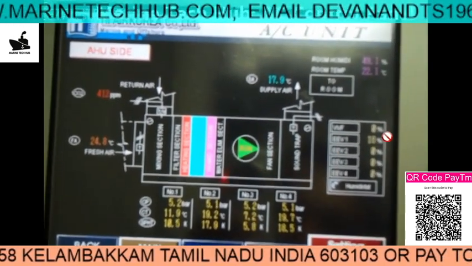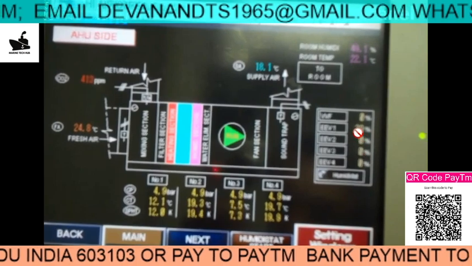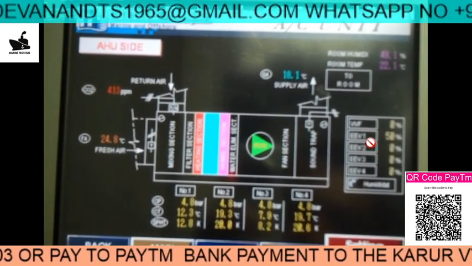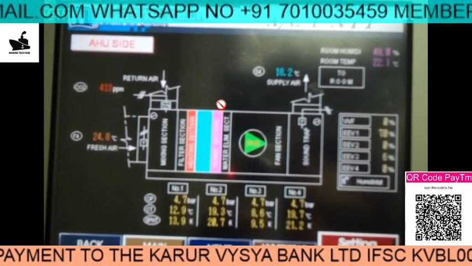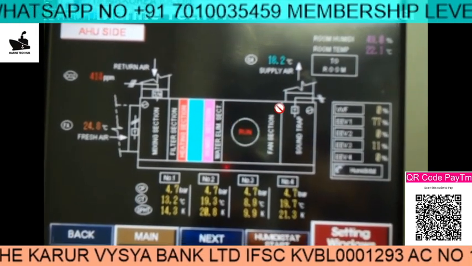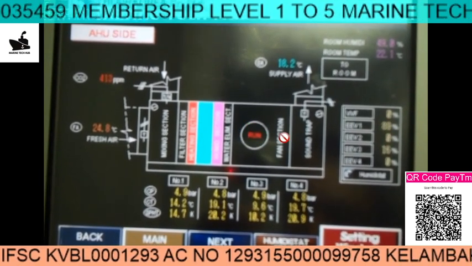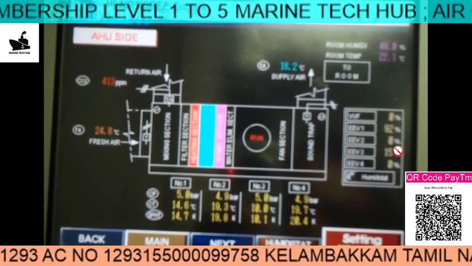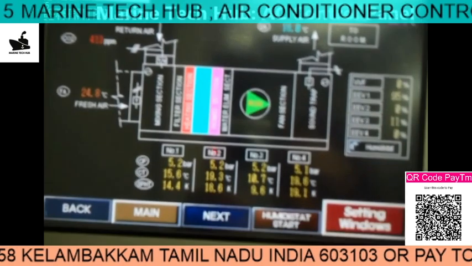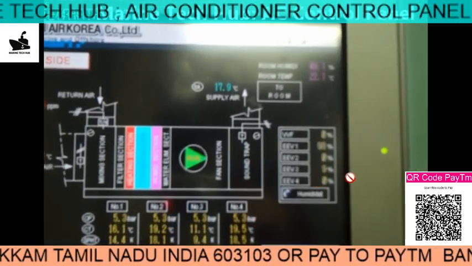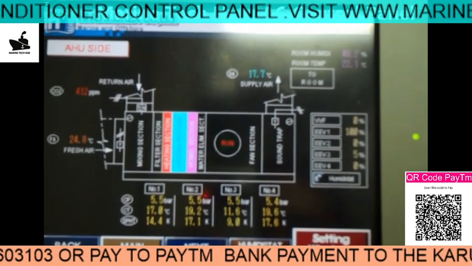So I am trying to show you, you can see this is the stage, you can see this solenoid valve is open, so gas is passing through the AHU. You can see 52, 50, 54. What we are doing is trying to keep the temperature in the particular room, say if it is 25 degrees, it will automatically open the solenoid valve and maintain the temperature in the room. You can see this solenoid valve is open. This is above the AHU. This will throttle the gas which is required for cooling the room. So this is the total control here.